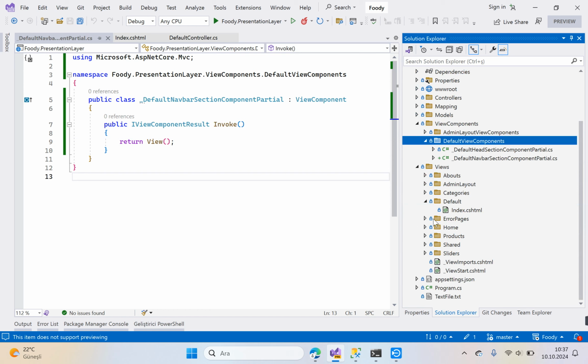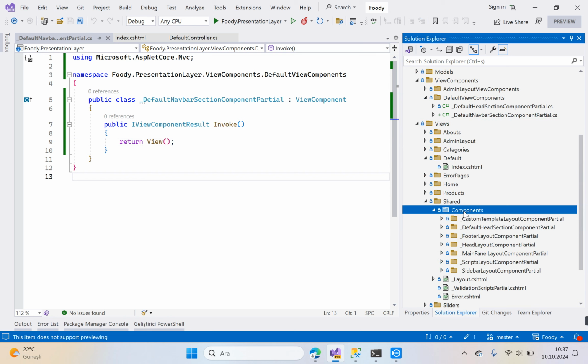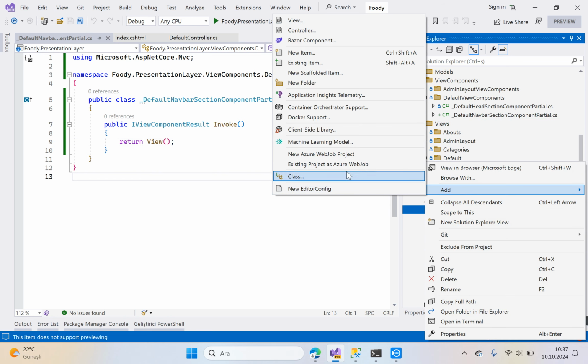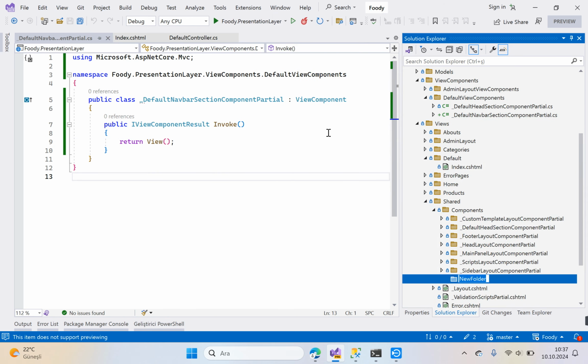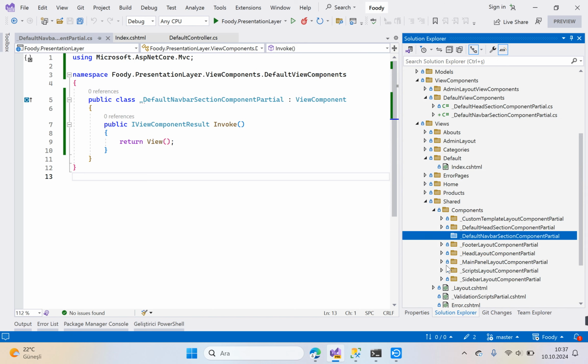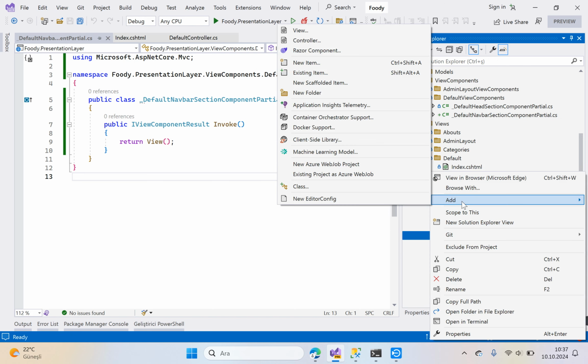Go to Views, go to Shared, go to Components, right click the Components folder, add a new folder. Our folder name is paste, underscore default navbar section component partial, and right click on this folder and add a new view,